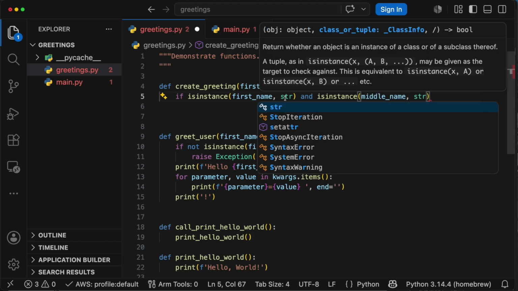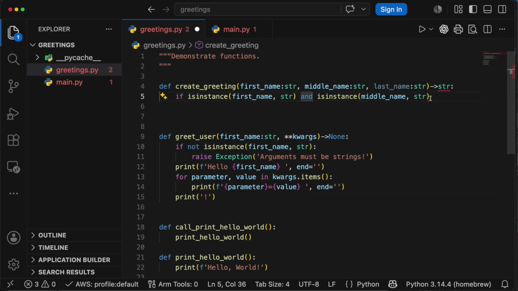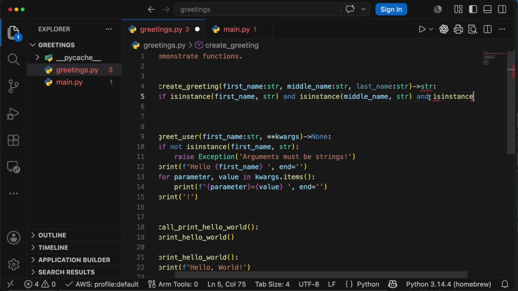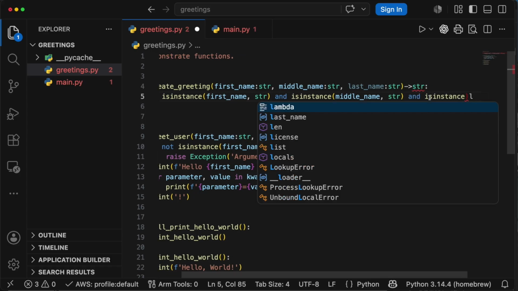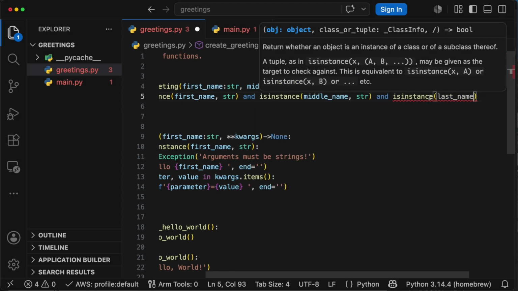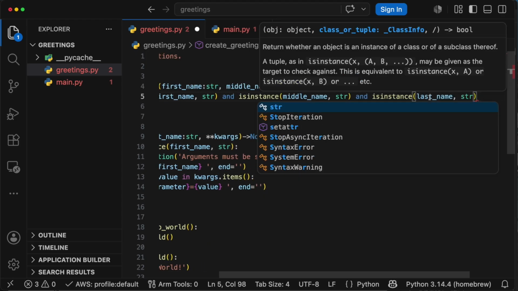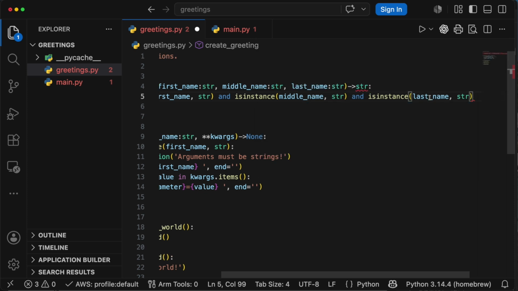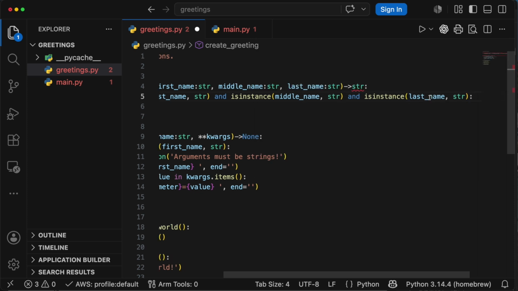And isinstance last name, str. Okay, if that's the case, then